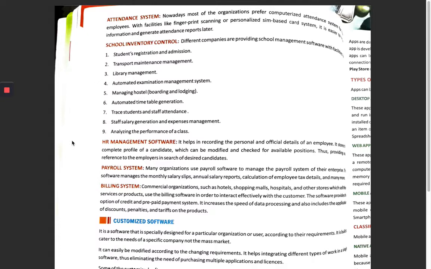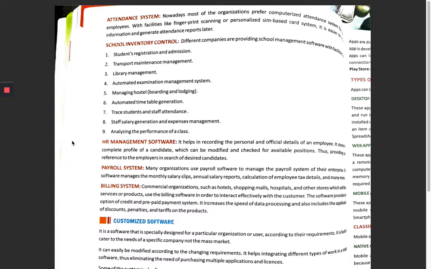Companies are now digitally making the database of their employees so that they are not dependent every time on a file processing system. File processing system means the one where you are doing it manually by handwriting. So by this software, companies and offices can just record the details of their employees.